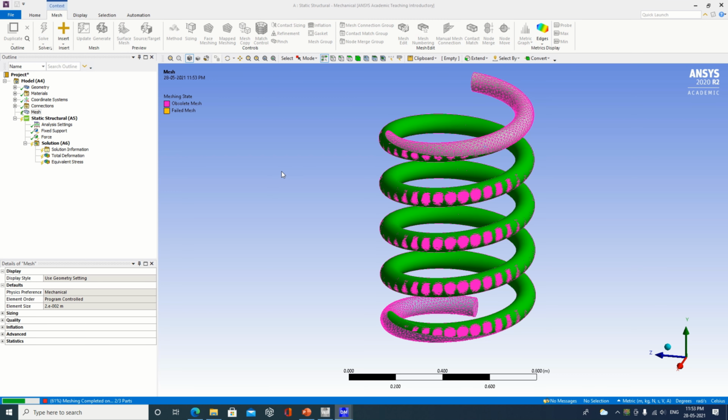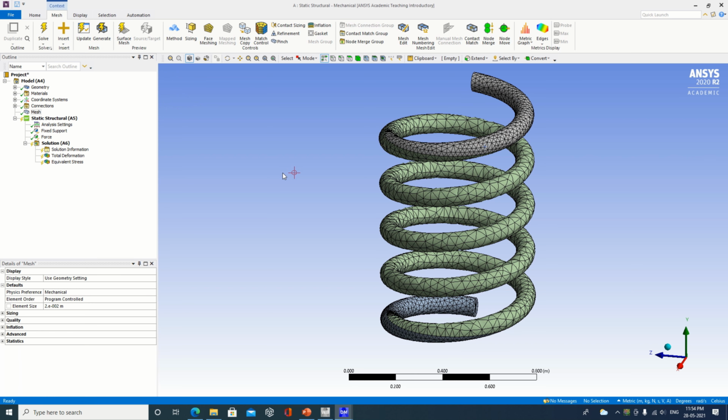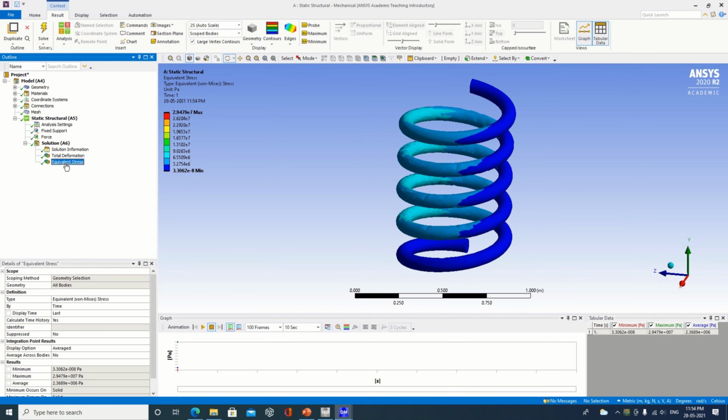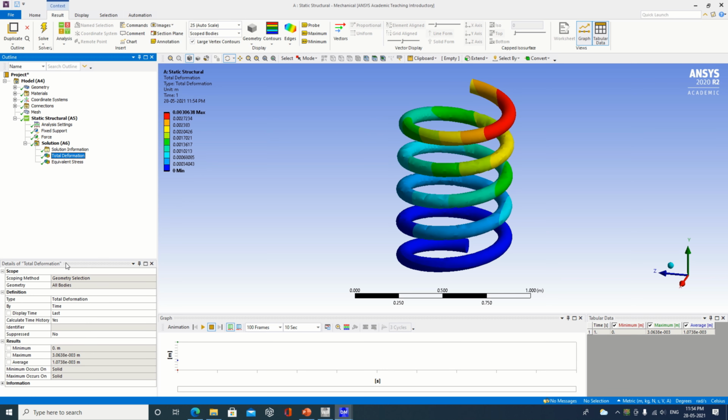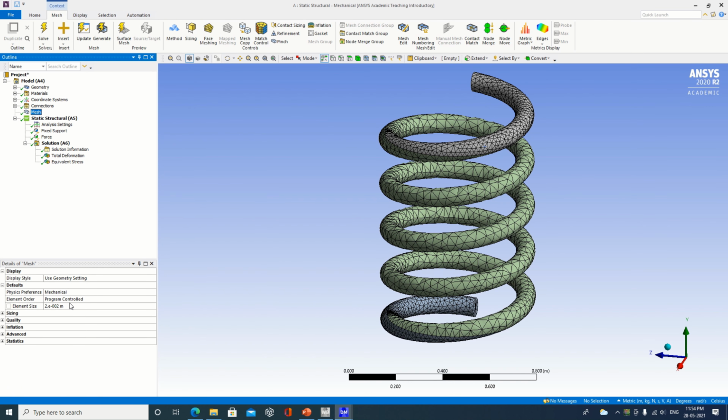With more number of elements, it will ensure that more accuracy will be there with respect to your problem. Now let's solve this, whether we get some error or not. In this situation we have not got any kind of message, and we can see in front of solution and total deformation it is a right click, here it is also a right click. So we can actually solve this with respect to the mesh size of 0.02. So this is the thing which you have to remember. Thank you.